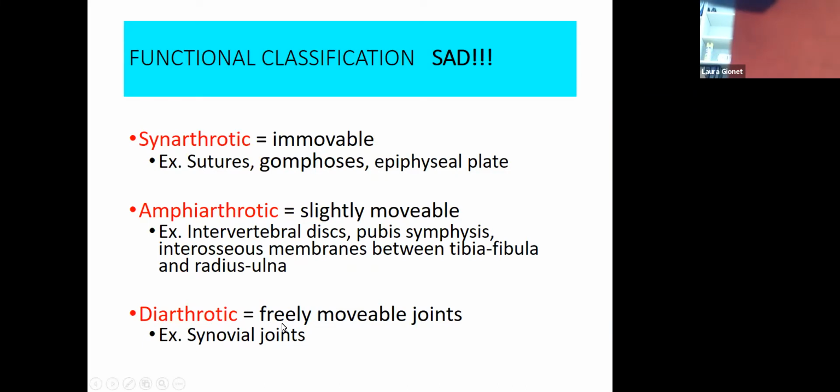Functional classifications, your mnemonic, or your acronym, I should say, is SAD. Synarthrotic, amphiarthrotic, diarthrotic, from the most immovable to the most movable. So synarthrotic joints are immovable joints. Sutures, gomphoses, epiphyseal plates. So this becomes, once you tackle what are the three possible answers for the structural classification,